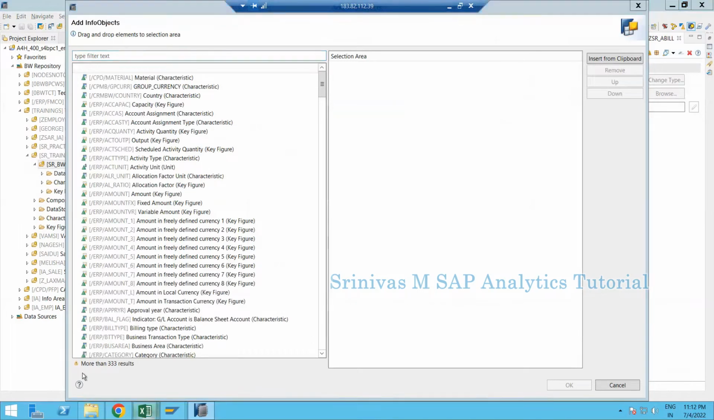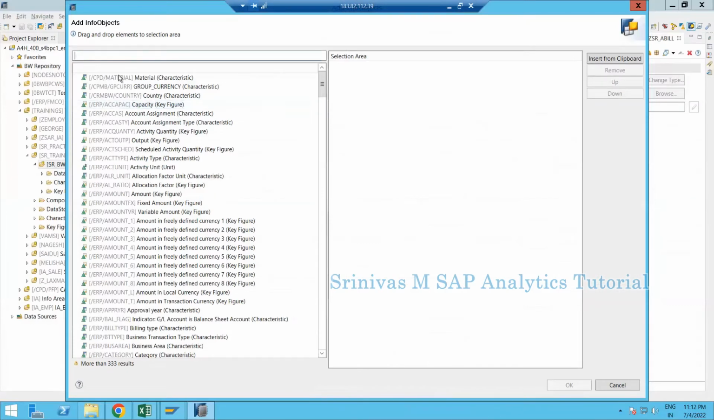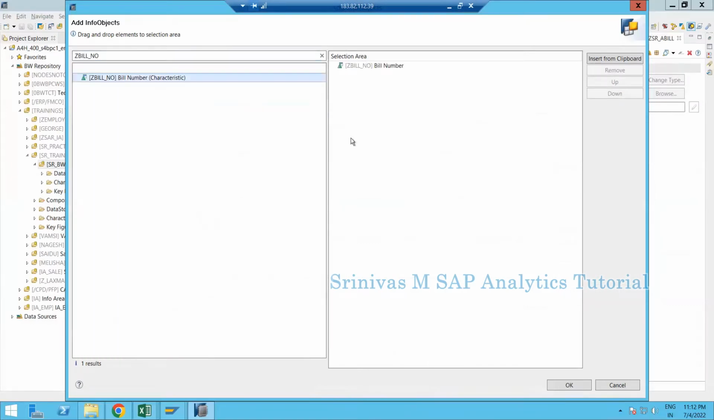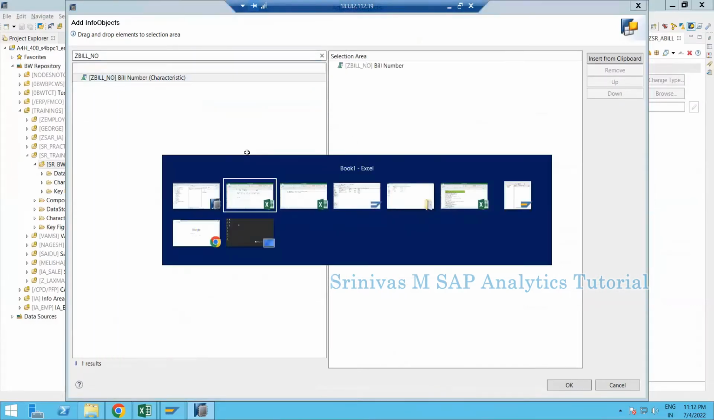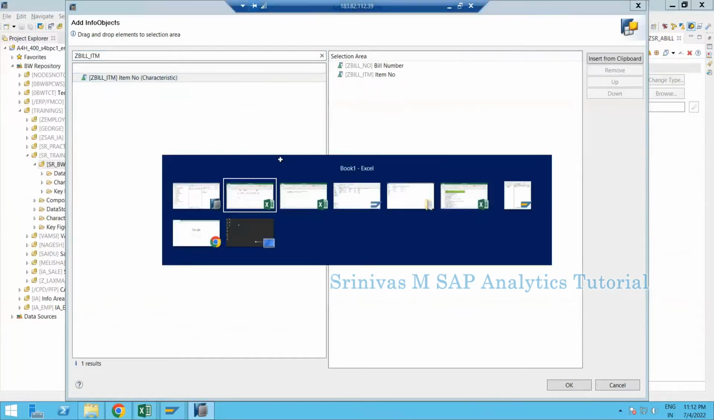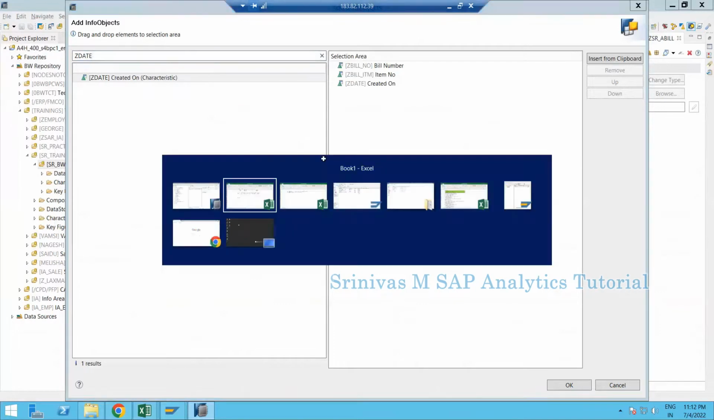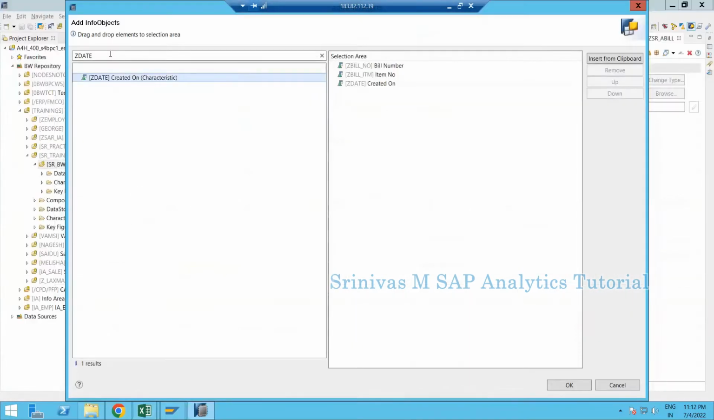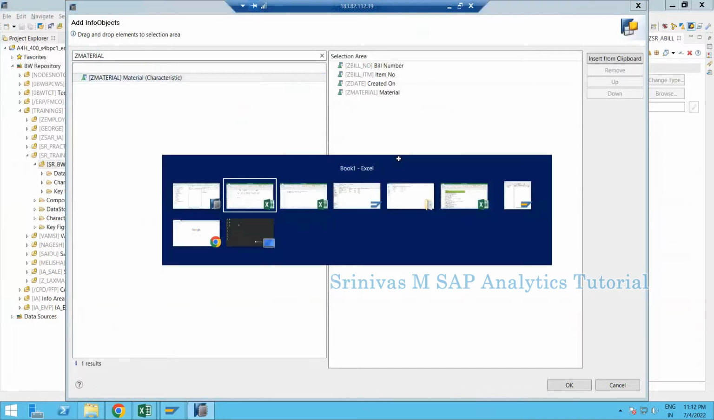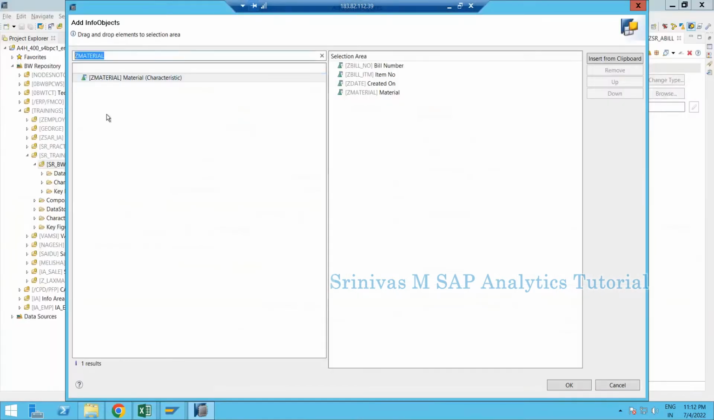Now select our info objects one by one. G bill number, select it, double click on it, and it will come to the right hand side. And then bill item. Double click, it will come to the right hand side. And then G date, and then G material, and then G quantity. Now see here, when I'm trying to add G quantity to the right hand side,